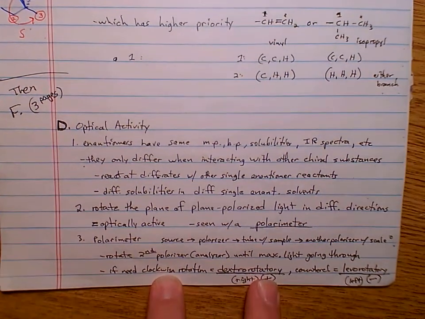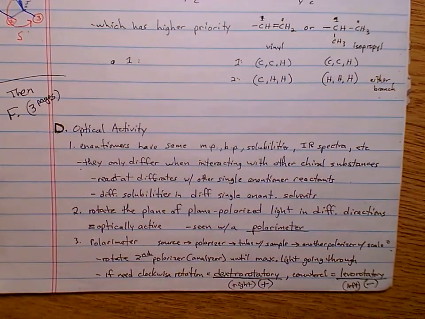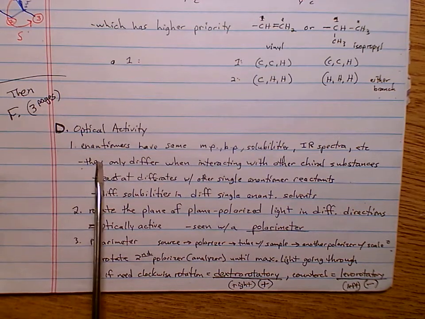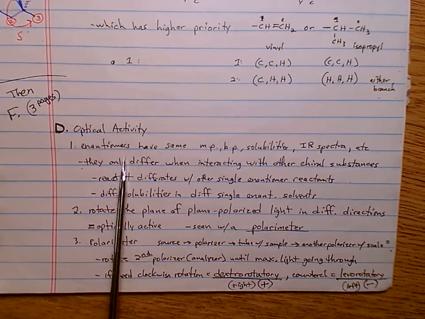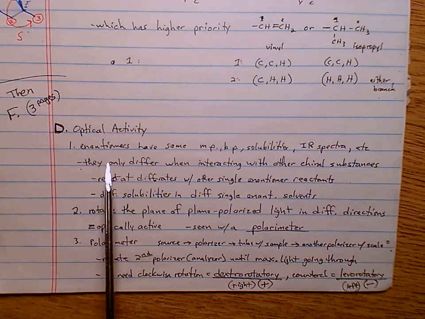Okay, the next section is optical activity. Basically, in this section, we're going to be looking at a property of chiral molecules that can differentiate one enantiomer from the other. Very important here, when you have two enantiomers, our two molecules that we started with that are non-superimposable mirror images of each other,